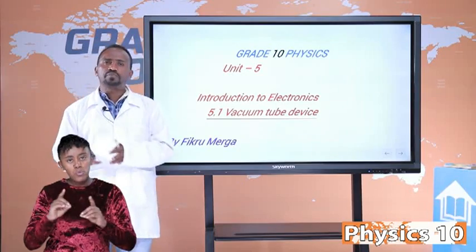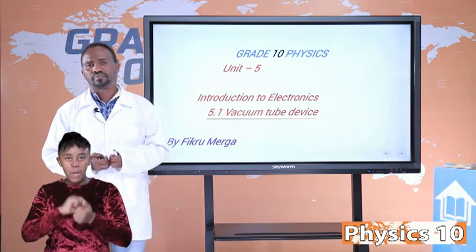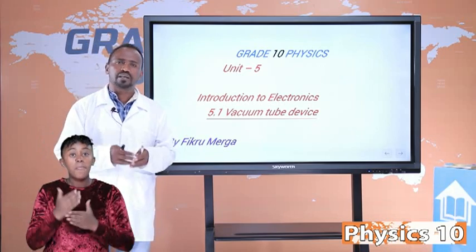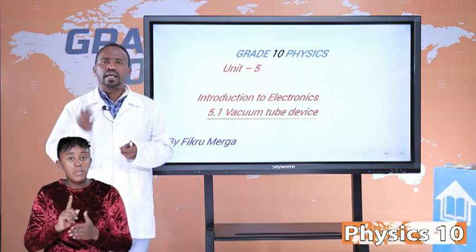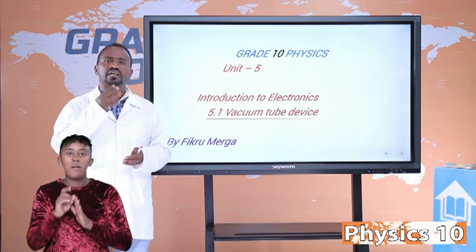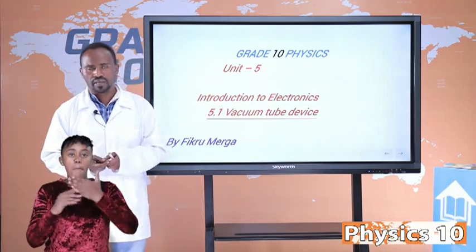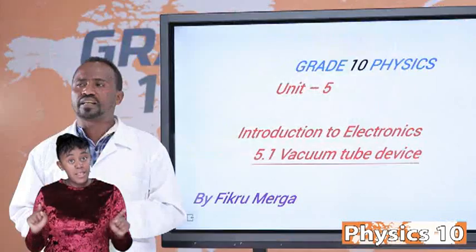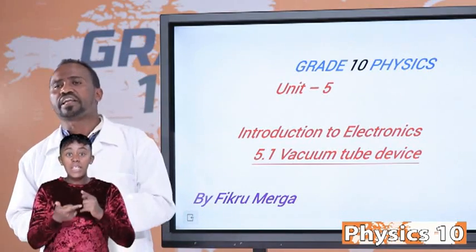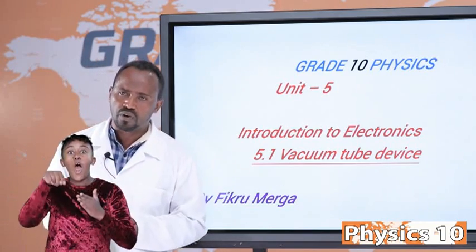Do you know the difference between a step-up transformer as well as a step-down transformer? Students, discuss with each other, because a step-up transformer is the type of transformer where the number of turns of the secondary coil is greater than the number of turns of the primary coil. This is what we call a step-up transformer. But a step-down transformer is where the number of turns of the primary coil is greater than the number of turns of the secondary coil.